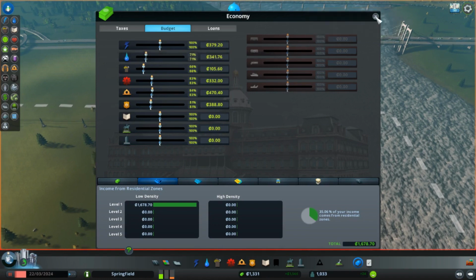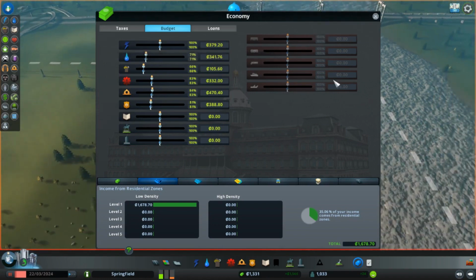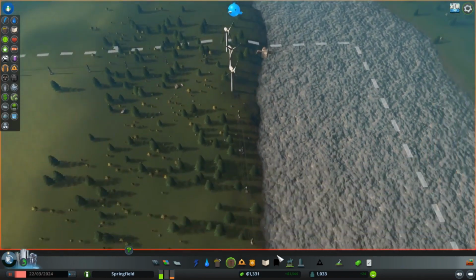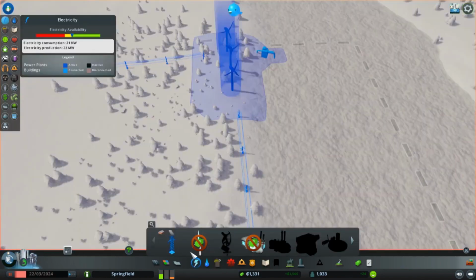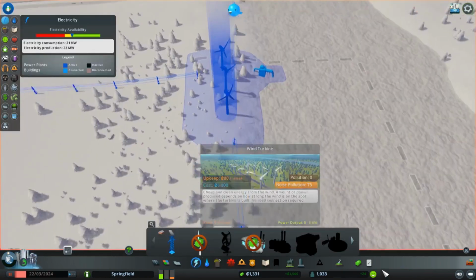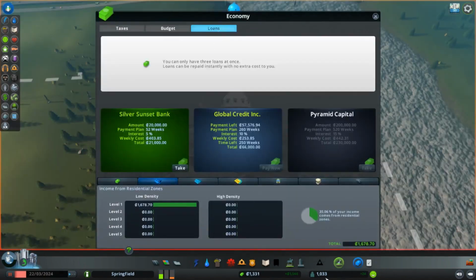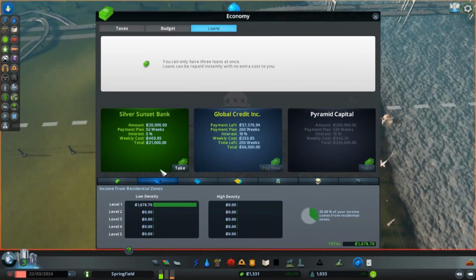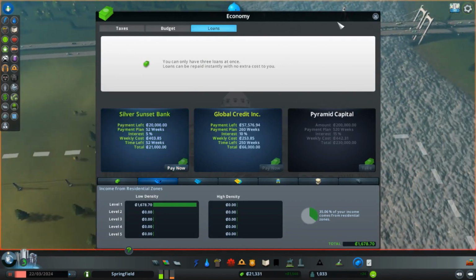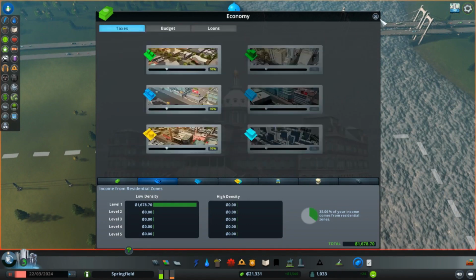Also we should install another wind turbine, but as you can see, we don't have any bank balance or some kind of income right here. So I just take this and increase a little bit